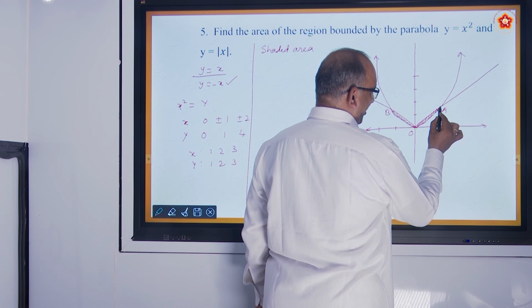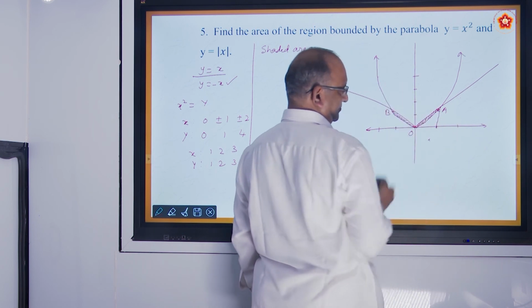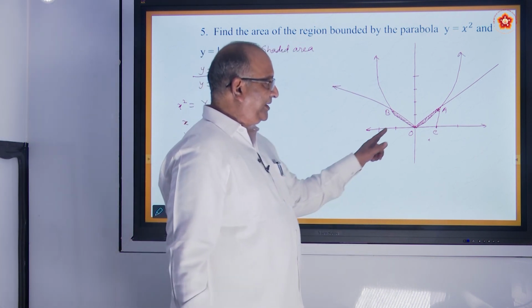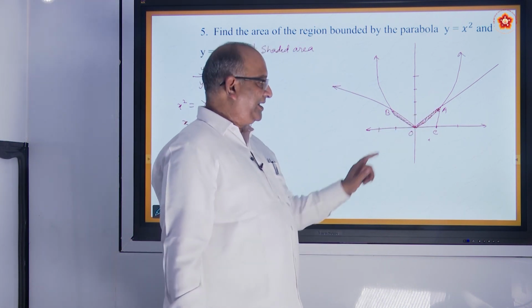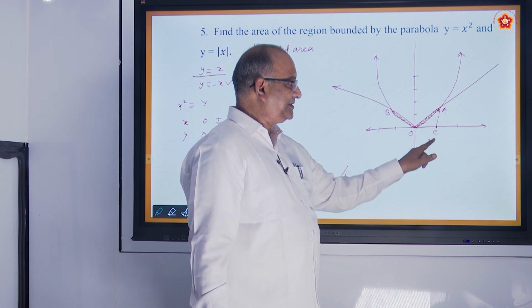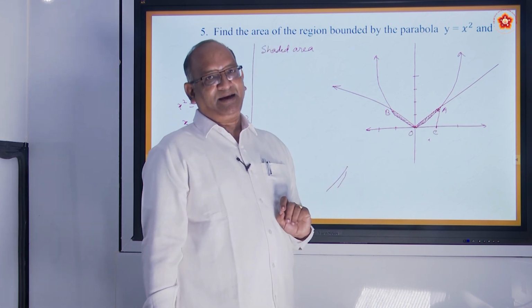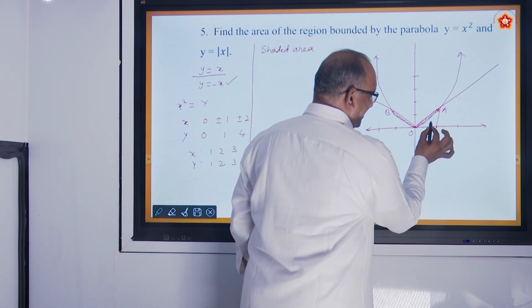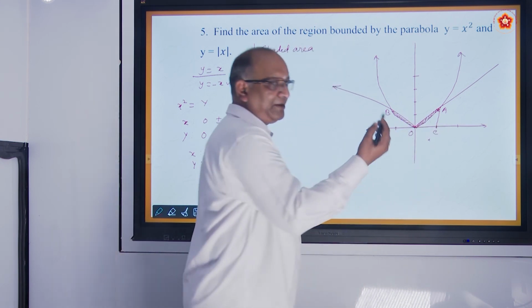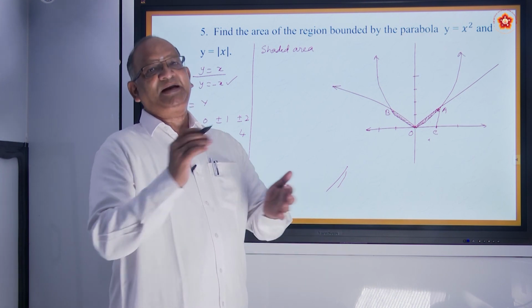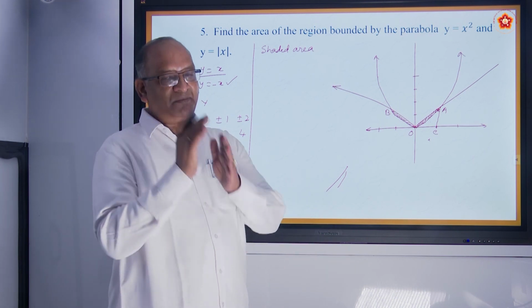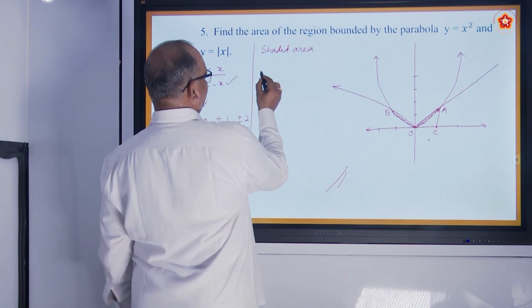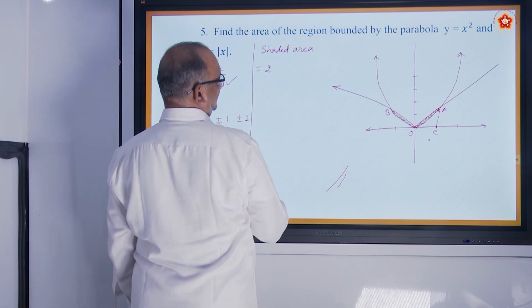From A, we draw a perpendicular. Let us say this is C. If you take the line and calculate the area, you get OAC, triangular area. From triangular area, this empty area which has come because of the curve, you need to subtract. Then you will get the actual area. And remember, the left side also it is same. So, we say shaded area is equal to 2 times